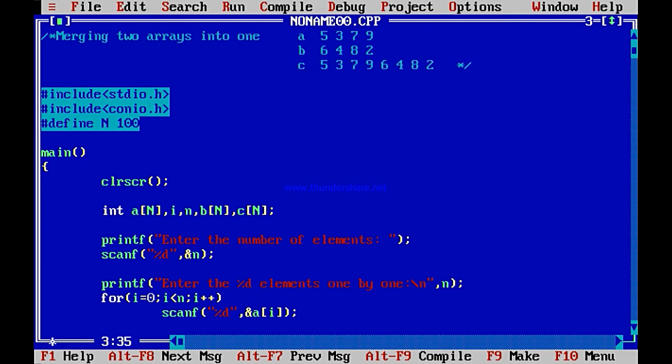So how to write this program? Firstly, you enter the number of elements of the first array. Here, you remember, I need to scan 2 arrays. One array I need to scan as A, and the other array also I need to scan, which is B. So firstly I will ask the user, and here you remember this might not be same sized, B's size may be different. Here another 4 could have been there. In that case here there would have been another 4. Is not it so? So this program is quite easy. So firstly enter the number of elements of the first array.